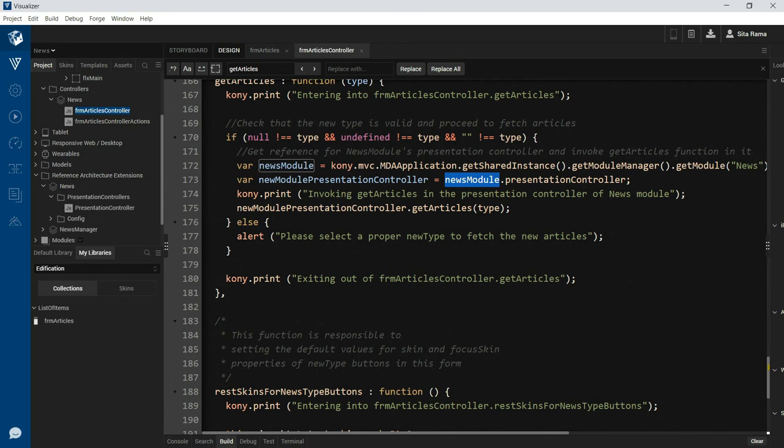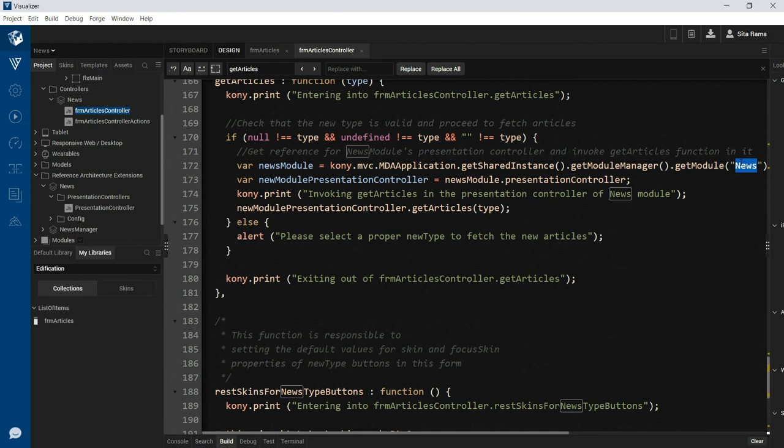So basically, we are getting the reference to this presentation controller available inside this news module of the reference architecture extensions. Once we get the reference to the presentation controller, we are invoking a function get articles, which is defined inside the presentation controller of this news module. As we discussed earlier, form controller should not have any implementation related to navigation between the forms or performing the service calls.